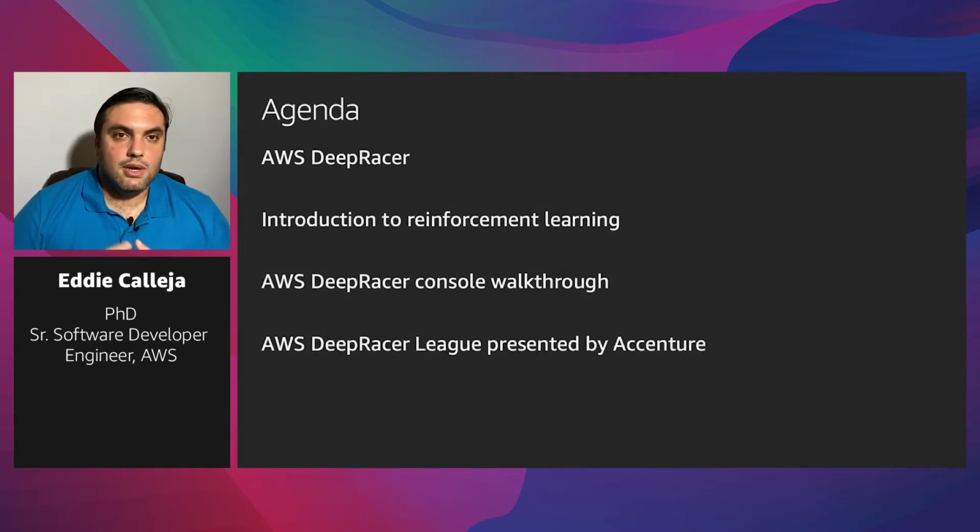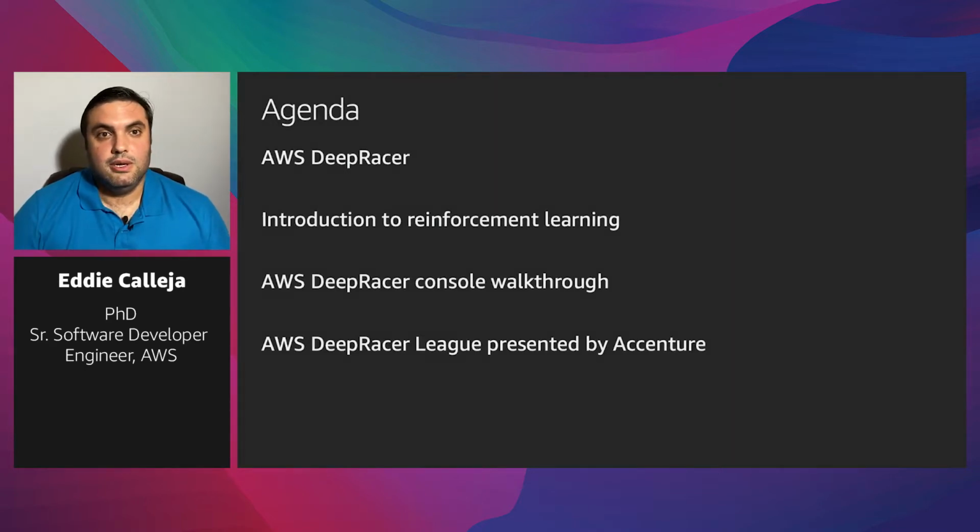Then I want to give you some of the tools that you need, some of the reinforcement learning tools that you need to really be successful with AWS DeepRacer. So we're going to touch on some high-level reinforcement learning concepts that you're going to immediately apply and learn more about within the AWS DeepRacer platform. And then we're going to briefly go through the console, but in particular, how you talk about a reward function, which you're about to learn. And then we're going to talk a little bit about the architecture, the nuts and bolts of how the AWS DeepRacer device and the service work.